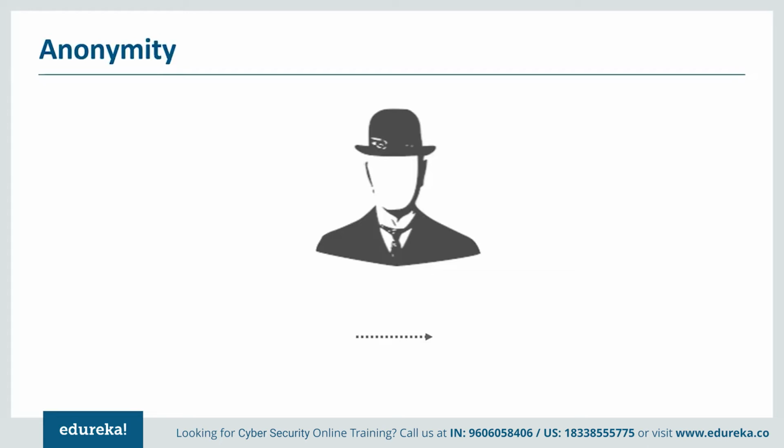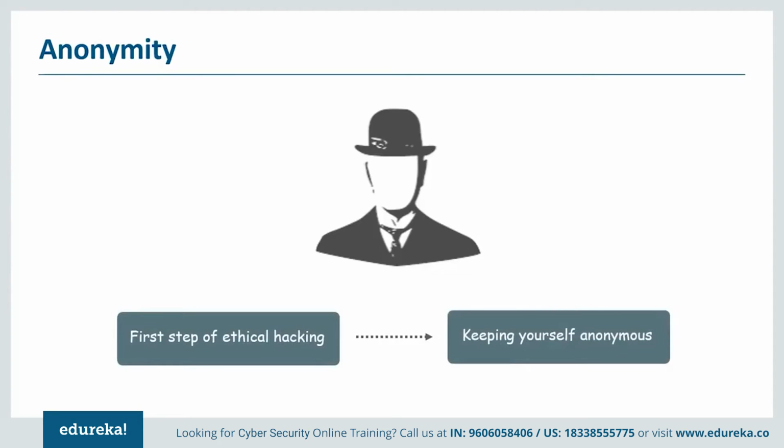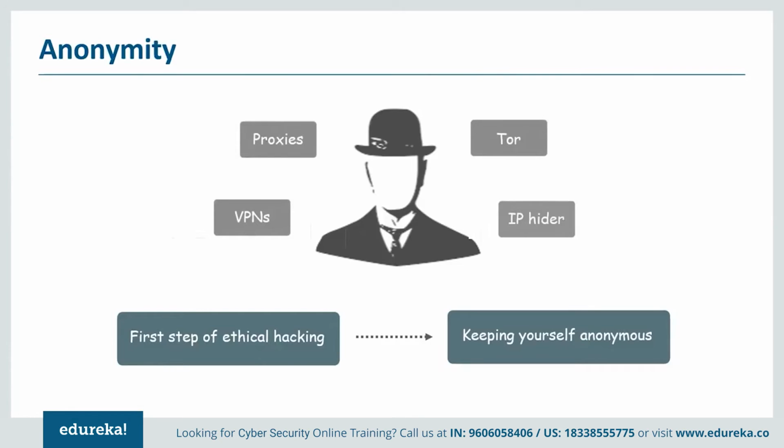So there are different tools or services that you can use to anonymize yourself. As for the basics, you can set up proxies, you can use a virtual private network, and some kind of IP headers. As I said earlier, the first step of ethical hacking is keeping yourself anonymous. And you can use proxies, VPN, IP headers, or Tor. But mostly there are 2 popular ways you can do that. You can use proxy chains, which I showed you earlier among the tools offered by Kali Linux. Basically proxy chains sets up numerous proxies and uses a service called Tor to deliver you anonymity, so that it becomes more difficult to pinpoint your actual IP address.